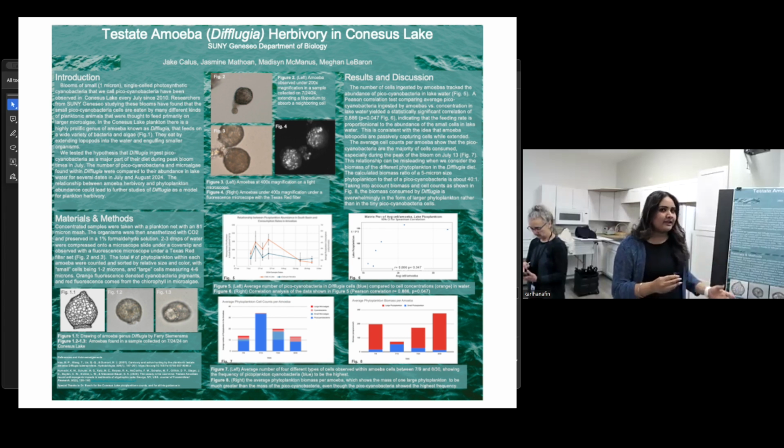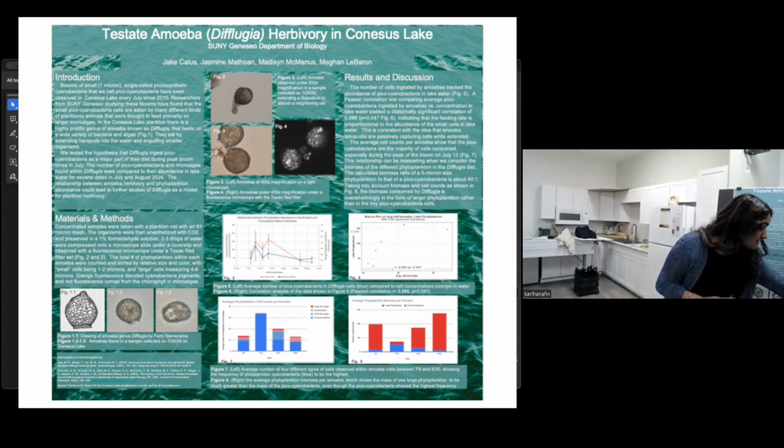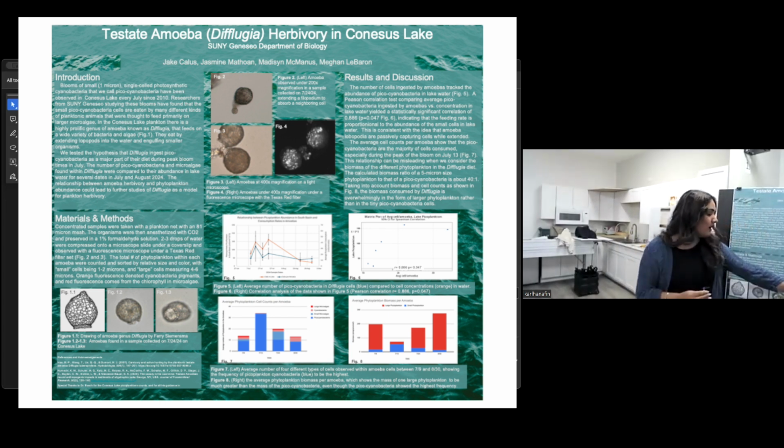We calculated based on the biomass that the amoeba needs to eat about 40 small phytoplankton to be sustained by also eating 1 large phytoplankton. That's why on 7/13 there's a lot of these smaller phytoplankton, but it wasn't as sustainable for biomass. That's why in figure 8, the second column is a lot smaller compared to the other columns in August, where there's more larger phytoplankton, and they had a larger biomass.